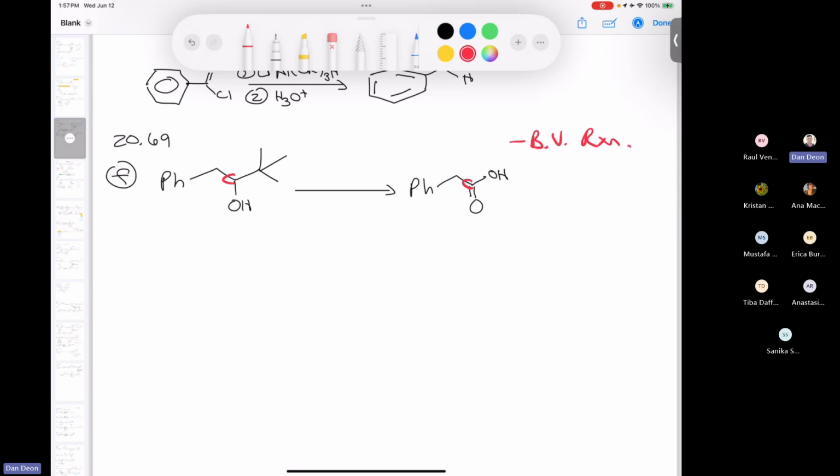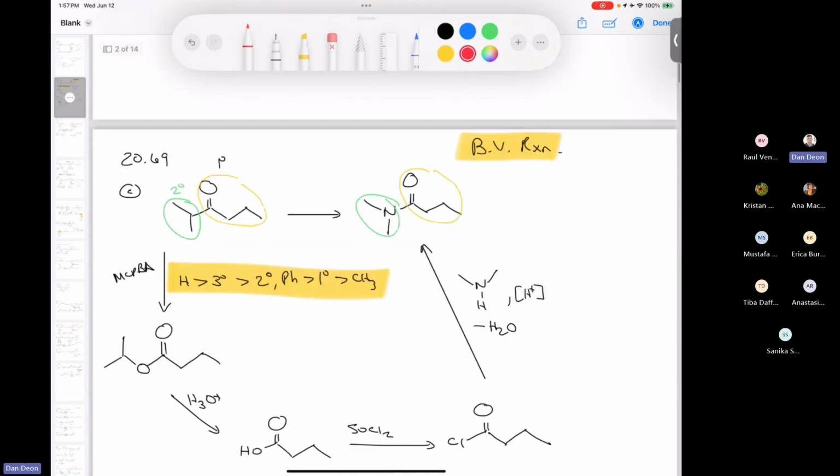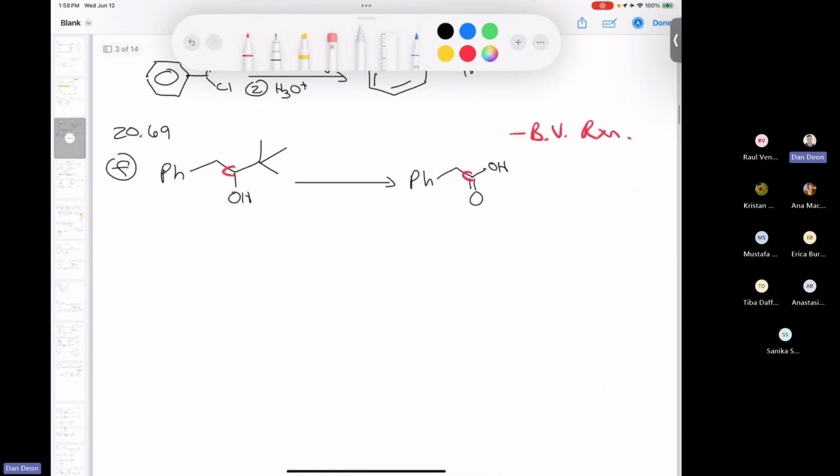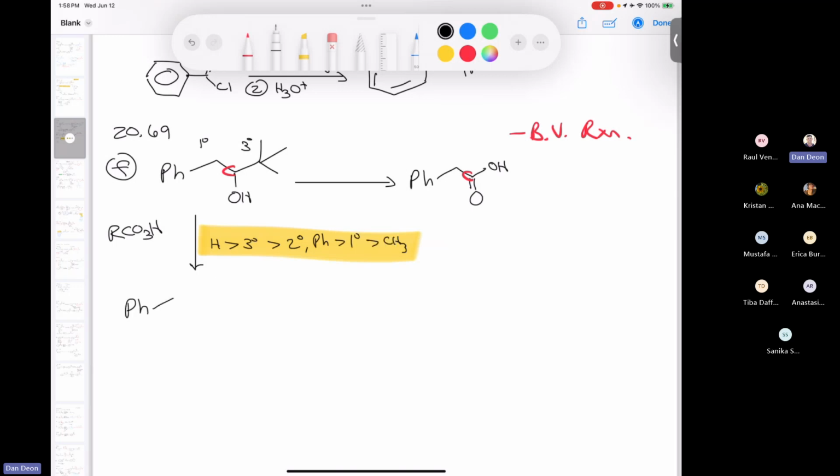Again, because if you look at the migratory aptitude that we had written down before, we'll just copy and paste it. So if we put the migratory aptitude down here, we'll put it right there. If I use MCPBA, or I can just write RCO3H, that's totally fine. On this side, we have tertiary. On this side, we only have primary, so the tertiary is going to win. And so that is going to be a way that we can put the oxygen in there after we do the